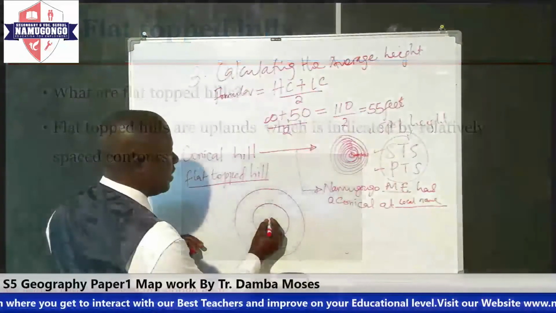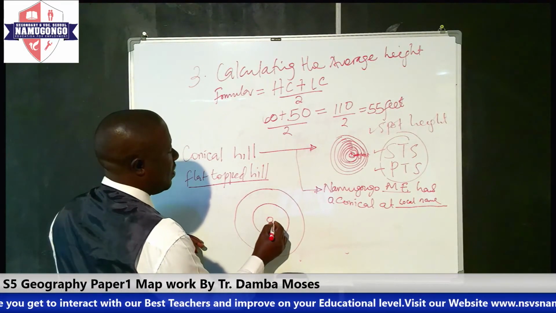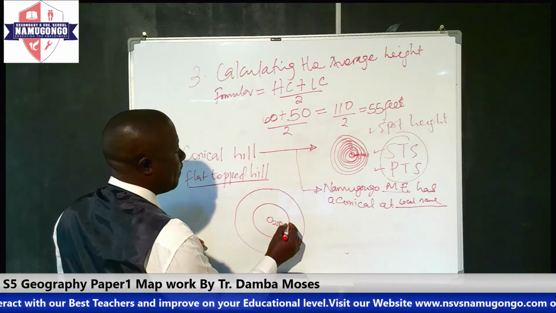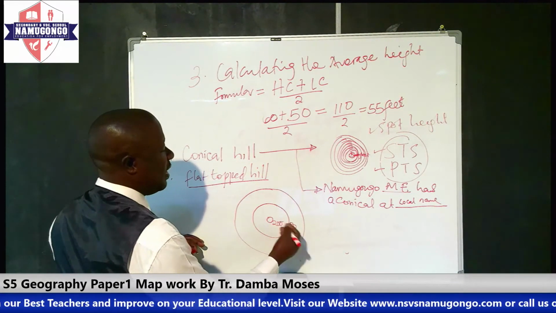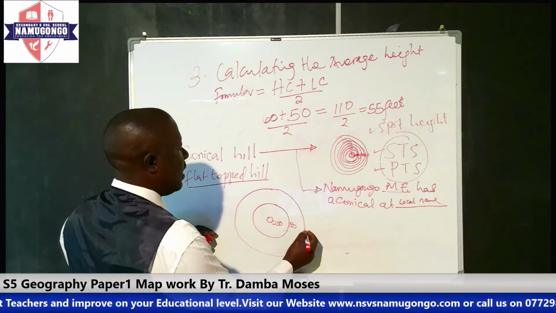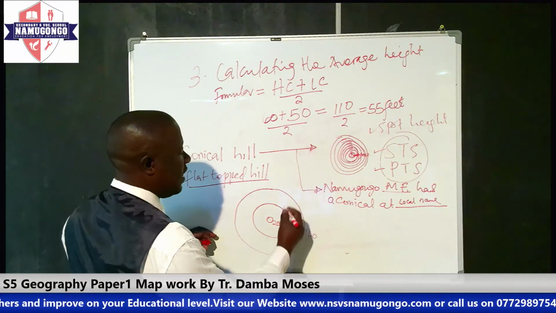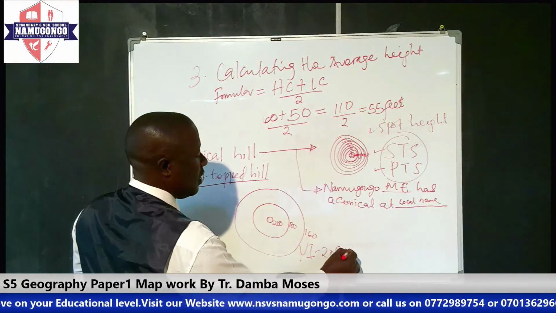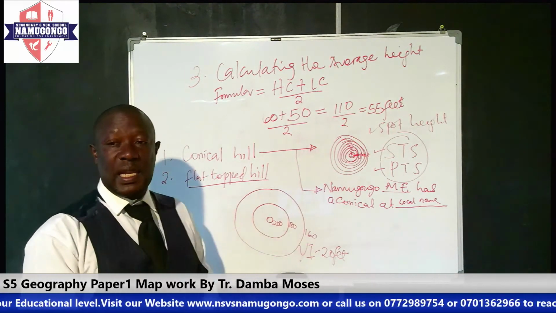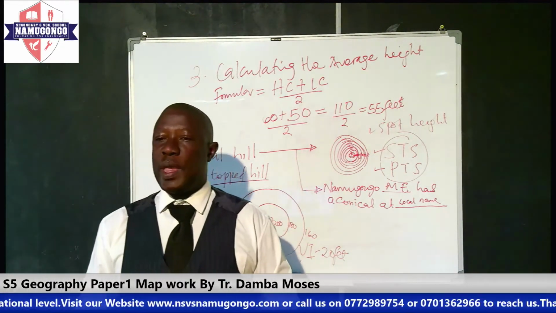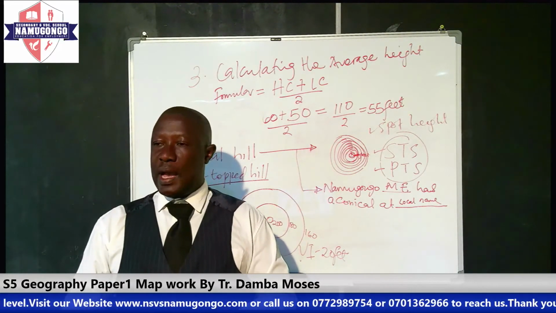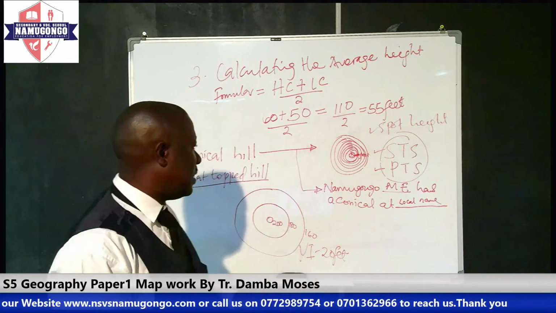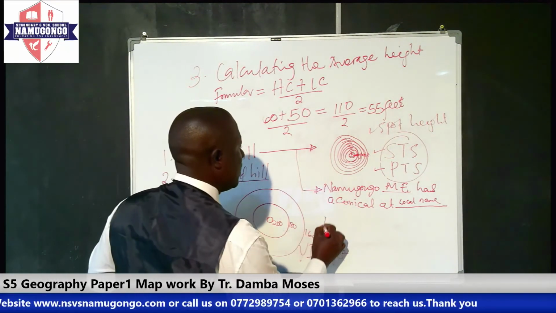So, if this was the spot height, maybe this is 200 feet. This is 180. I'm giving a vertical interval of 20, and then this is 160. So the vertical interval here is 20 feet. Okay. So when you see contours spaced like this, it will indicate that we have a flat-topped hill. Therefore, you write in a statement,